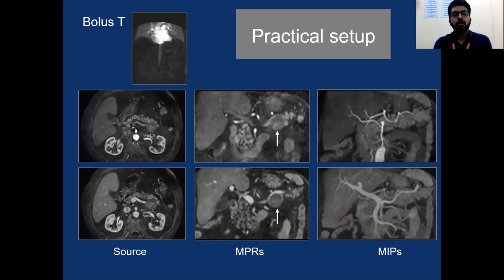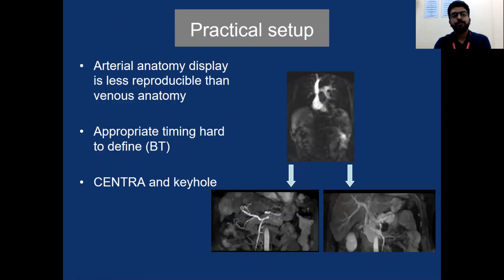This is the bolus that we have given. These are the source images that we have, contrast enhanced. We can see the aorta getting enhanced, and the renal cortex getting enhanced. This is the early arterial phase. This is the MPR rendered imaging, and these are the MIP, maximum intensity projection, wherein we can appreciate the intrahepatic bile ducts, common bile duct. This is the pancreatic duct. This is the confluence. So this is how we use the gadolinium enhancement in cases of suspected parenchymal lesions.